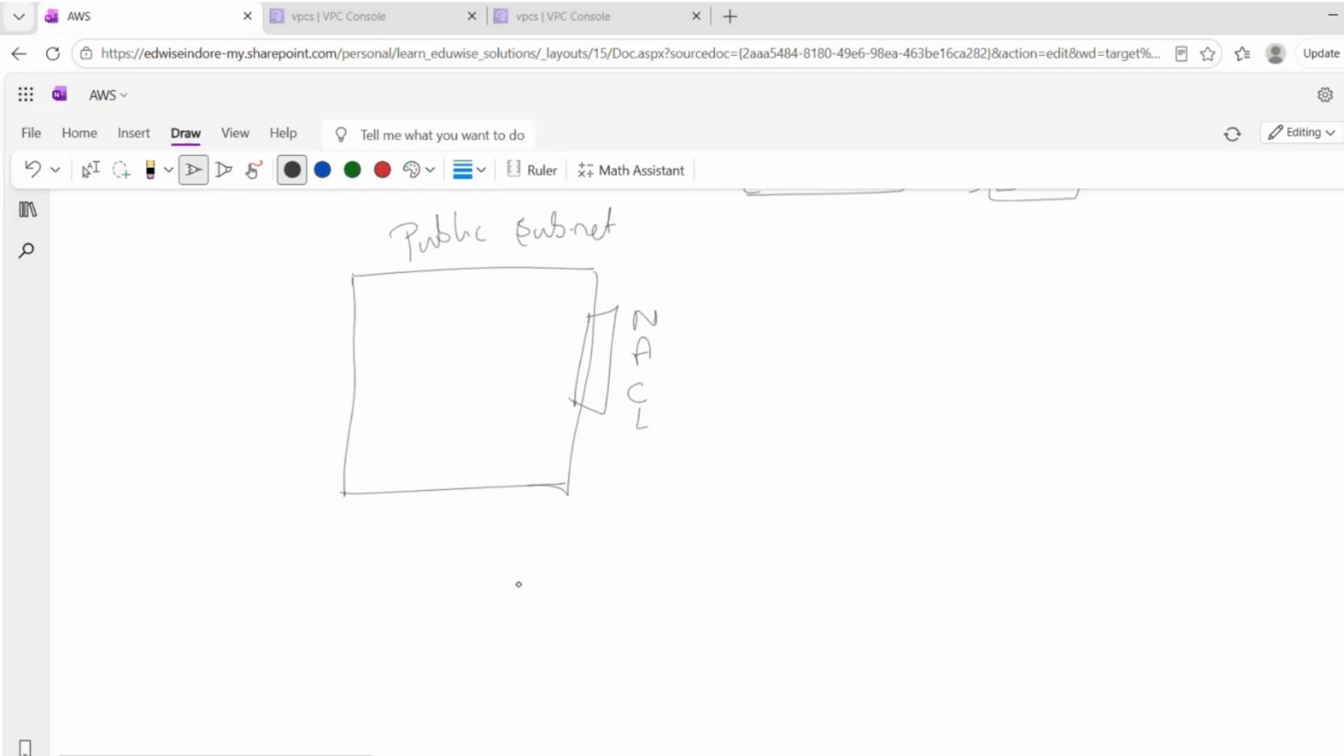NACL is nothing but network access control list. Here we are going to define both incoming traffic as well as outgoing traffic. Let's assume if you want to access any of our applications, right now here you can see, right, https